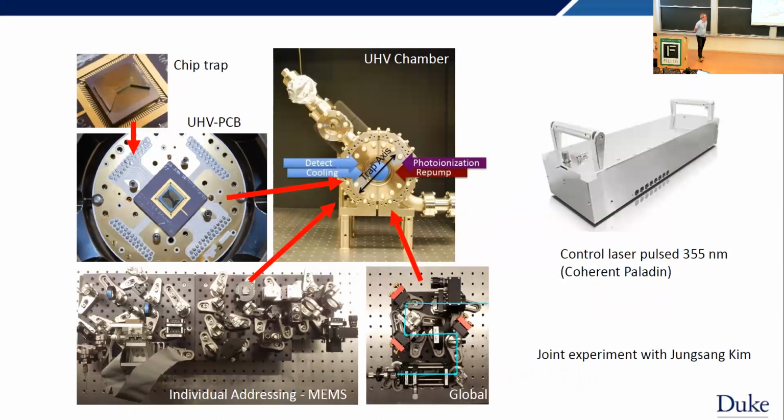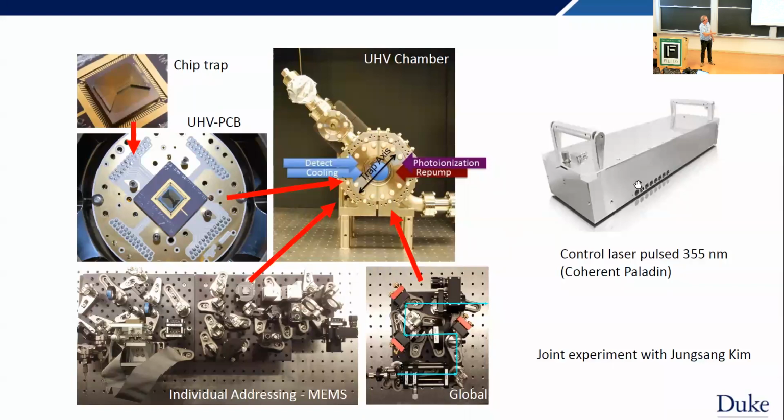So here's a picture. This is kind of the oldest quantum computing experiment in this joint lab with Jung-San. It has a standard room temperature, ultra-high vacuum chamber. Inside, there's this PCB board, which routes voltages to this trap, which we get from Sandia. On the outside, this is a generation of Go optics. But all the pictures I could find of the current generation optics are just CAD, so I just want you to know these are actual optics. We use these micromirrors to do the individual addressing.